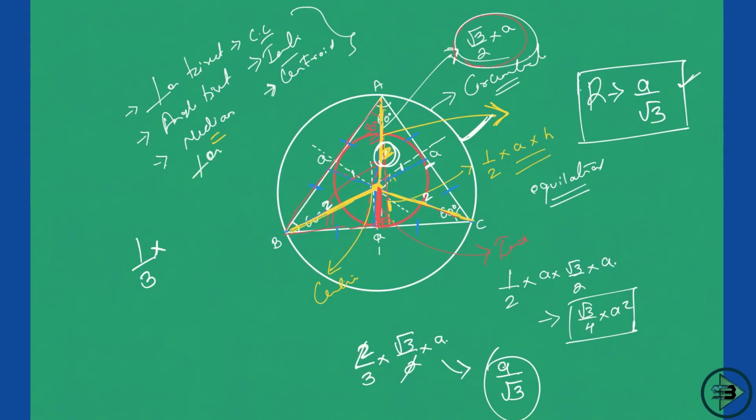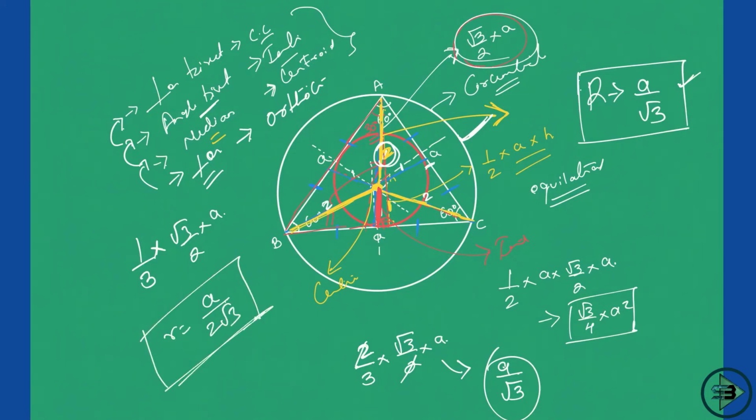This is a perpendicular which will form an orthocenter, which we didn't see here, but it's okay. But that will also be equal to the median, equal to the angle bisector, equal to the perpendicular bisector. So if it's a perpendicular, it's the height. It's a median, it is divided in the ratio of 2:1. So what is the height? Square root of 3/2 into a. Okay, I require 1/3 of that. That will be equal to my inradius, because if it's an incircle, that will be formed by the angle bisector, but the angle bisector is equal to the median is equal to the perpendicular, so all of them are the same, right? So I'll write this as a upon what? A upon 2 root 3, and that is my inradius.